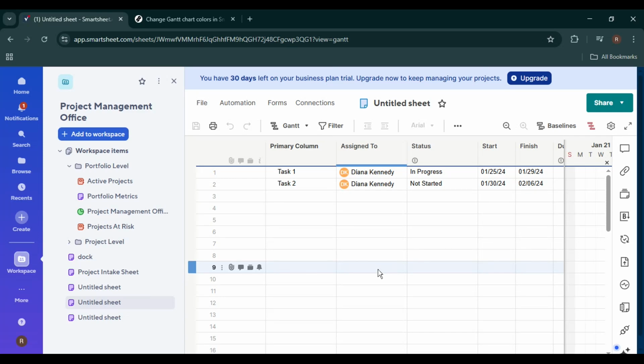In today's video, I'm going to show you how to change Gantt chart colors in Smartsheet step by step. This is a simple but very useful customization that can make your project timelines easier to read, more visually organized, and much more professional when sharing with your team or stakeholders. Whether you're managing multiple projects or just want certain tasks to stand out, changing Gantt chart bar colors in Smartsheet